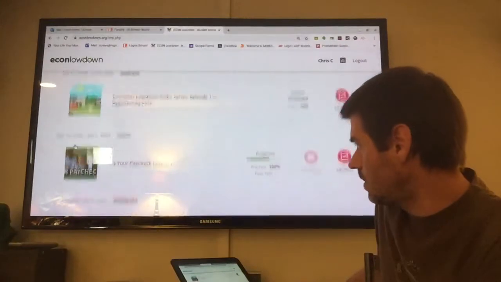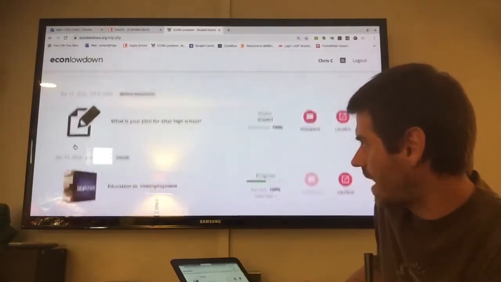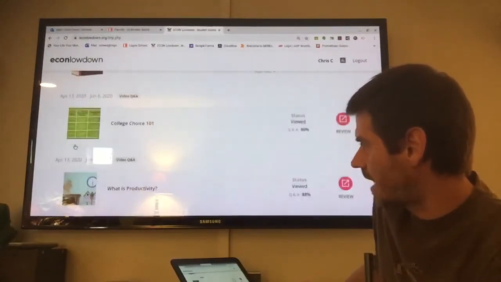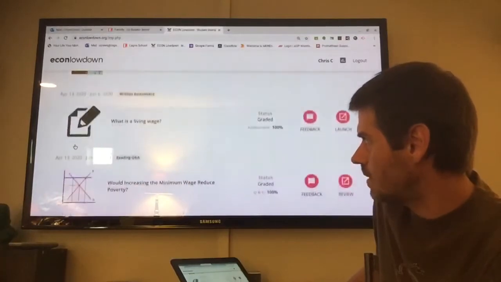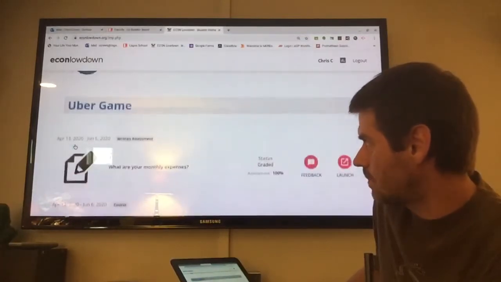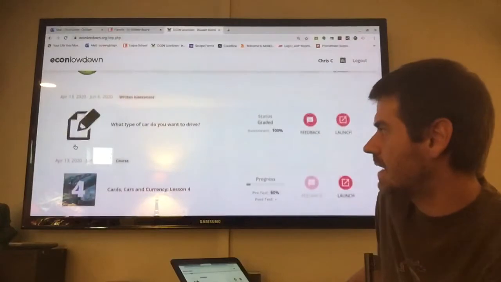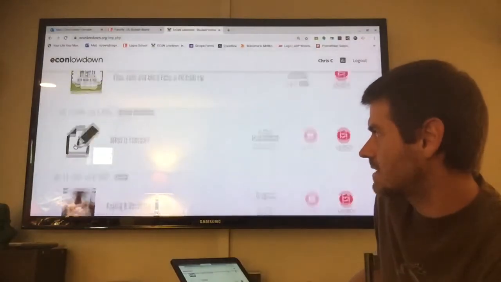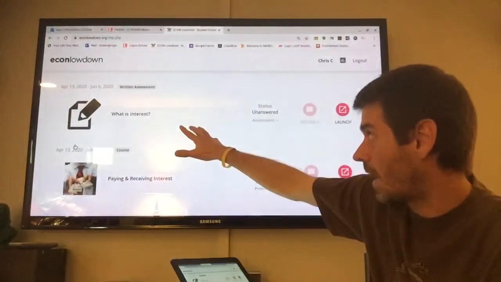And that's why our question, if we scroll all the way down to the bottom, all these assignments that have been helping you get more financially literate, today's assignment might be the most important one we've done all term. Because again, it's all about interest. We asked the question yesterday just to see what you know, right? What is interest?